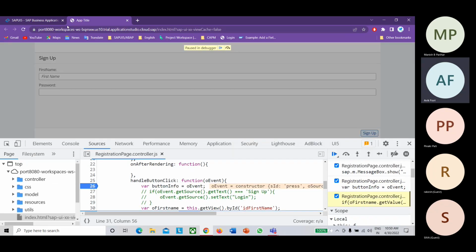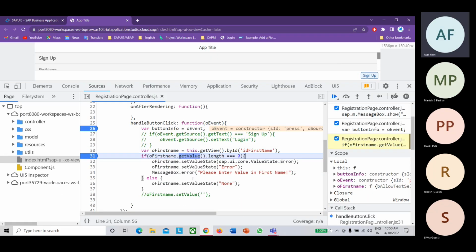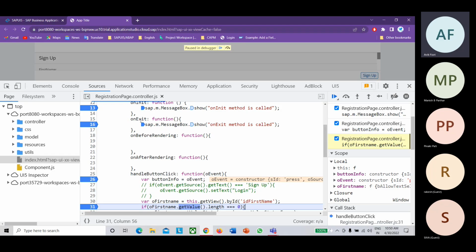Okay. So guys, let me proceed. Now where are we? On exit. This is how it will not trigger as it is. Because if I'm closing the tab, the closing is so quick that you can't even see the breakpoint inside the on exit. That's why we were unable to see that.